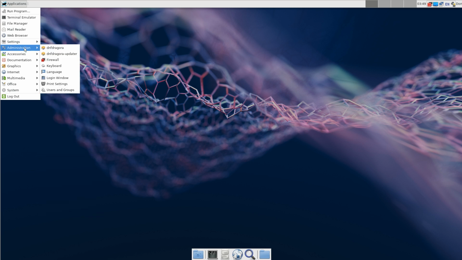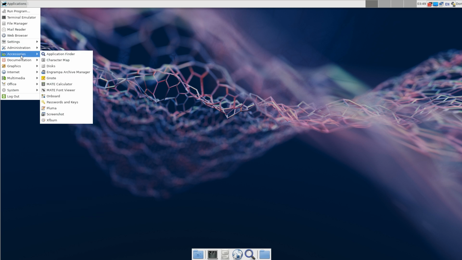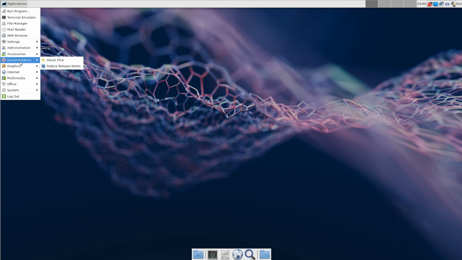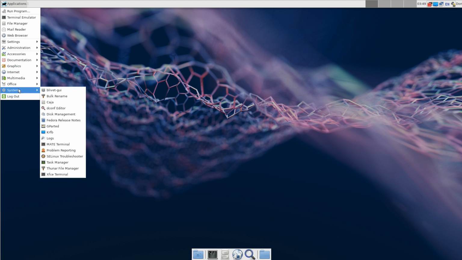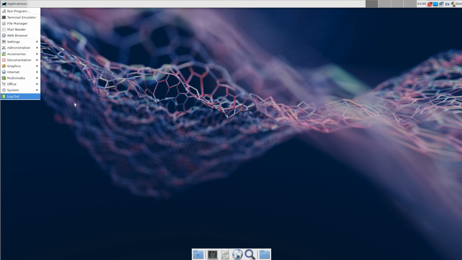So, I've got my XFCE. I do not know why Mate doesn't seem to show up at all. When I type startx, I just go straight into XFCE. But why don't I get...